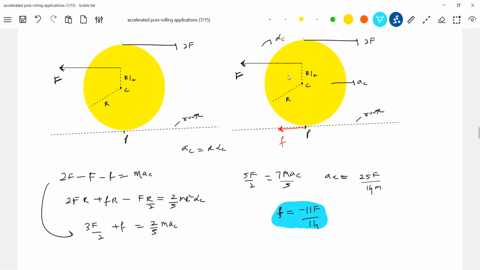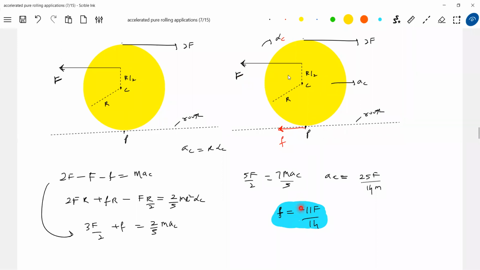What you assumed is opposite to the actual direction. In fact, the friction will not act towards left, it will act towards right. Oh, sir, how can you say towards right? No, the friction will act towards right here because we assumed it towards left here. Because here we have 2f and f. I assumed it towards left, now it will act towards right. It will act opposite to the direction you assumed.